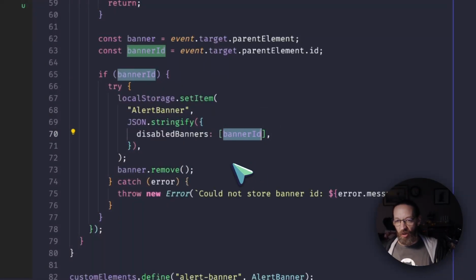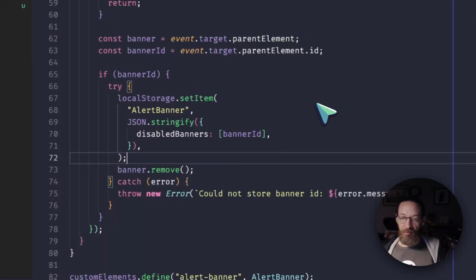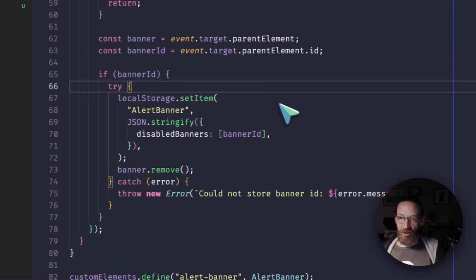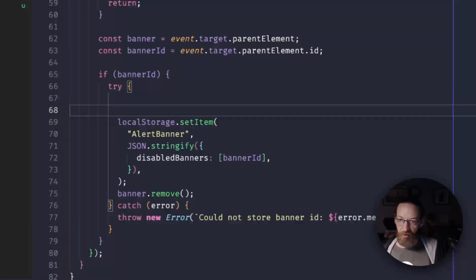Now, right now I'm working with only one banner. So I'm just kind of throwing that banner into the array. But what you would really want to do is you'd want to first get the values out, then push this new one into it, and then stringify it back. So let's say, for example, something like, let's take a look here. So something like